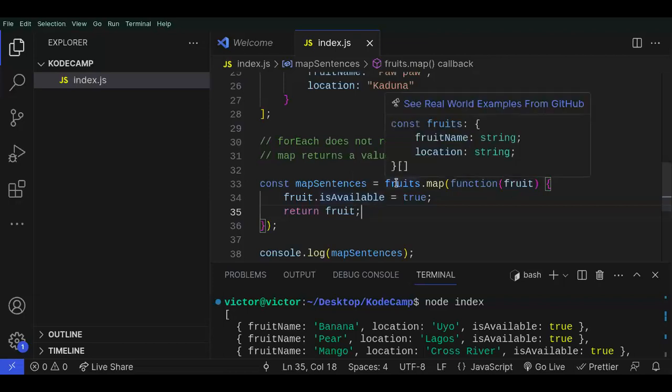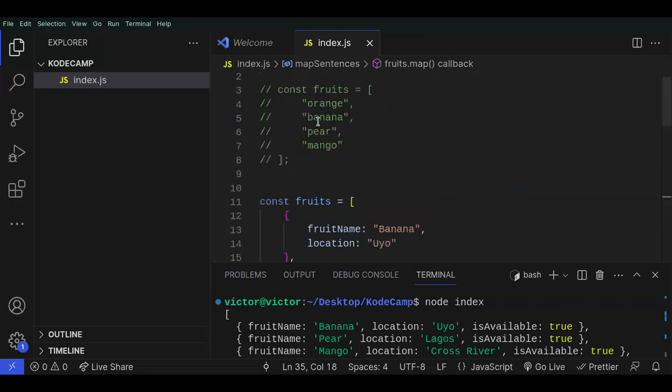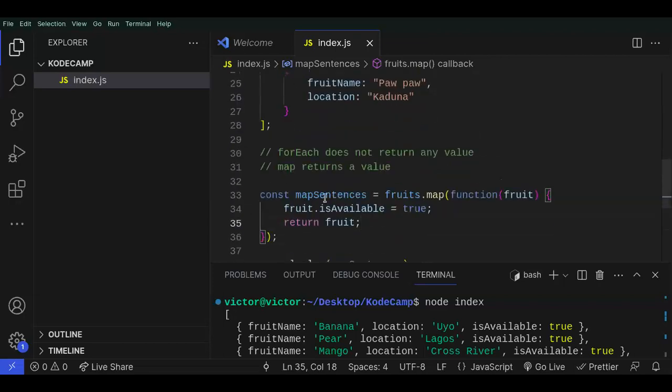This function, this map function copies that fruit array. It modifies that fruit array by adding whatever I want to add, adding this property of is available, right? After adding that property, we then return